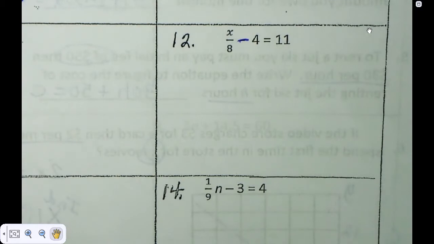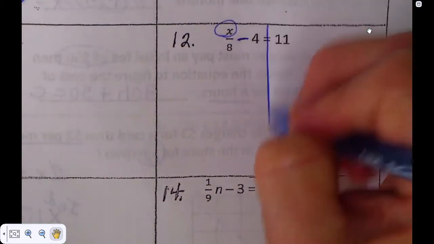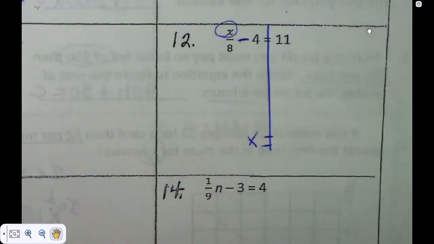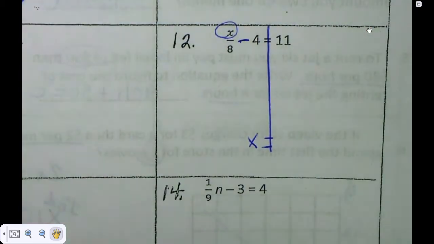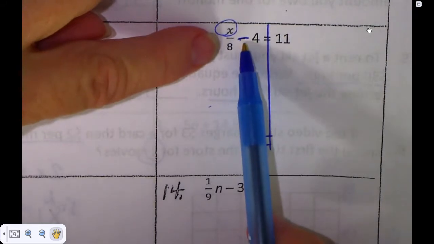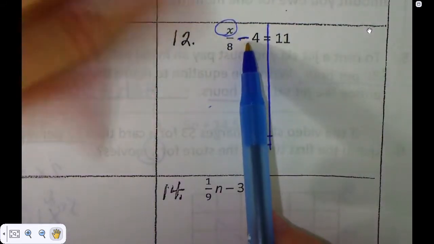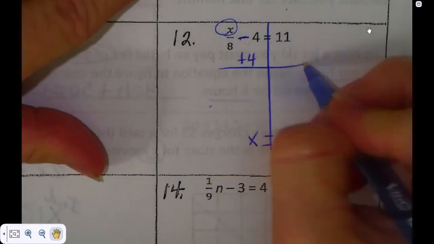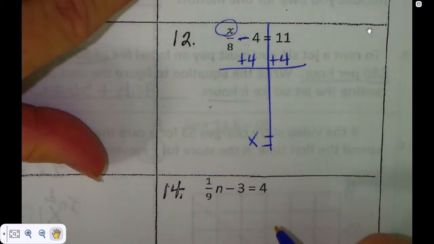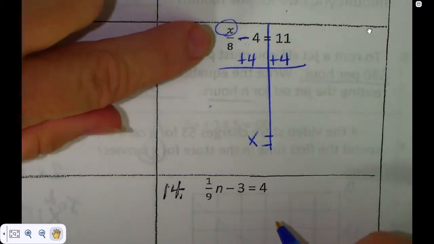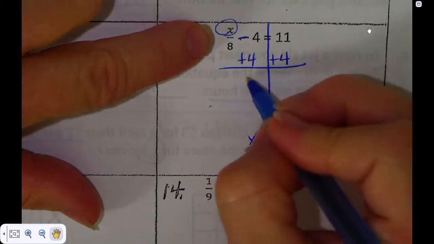That's a minus sign right there. Okay? Circle the x, draw your river. Our goal is to get x equals. So, that's a minus 4. So, how am I going to get rid of it? Plus 4. I have to do my adding and subtracting first. Now, what's remaining on the left side? On the left side,